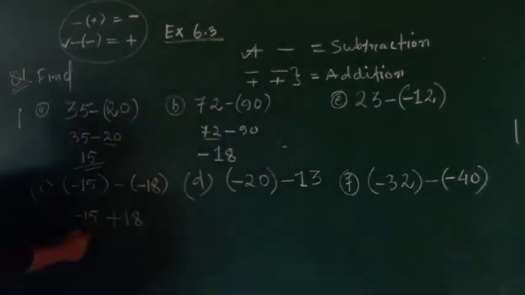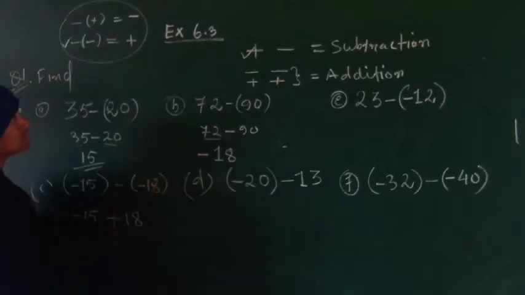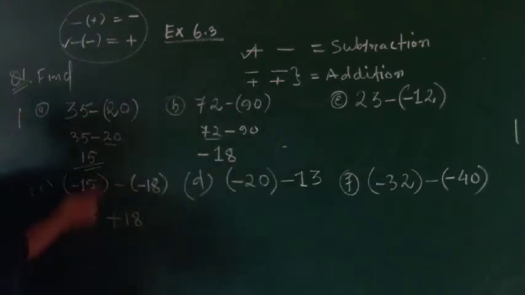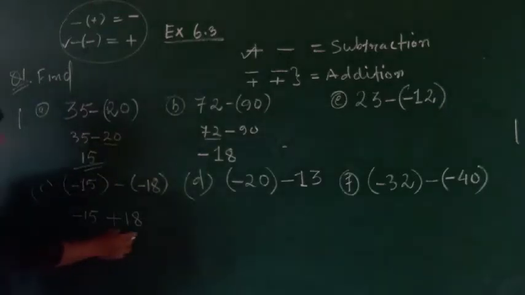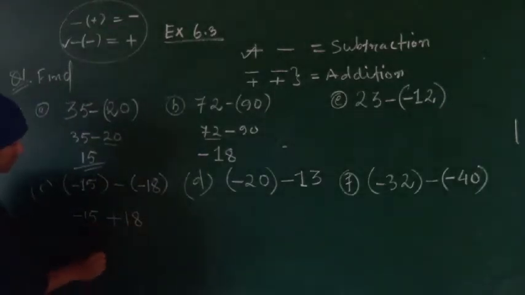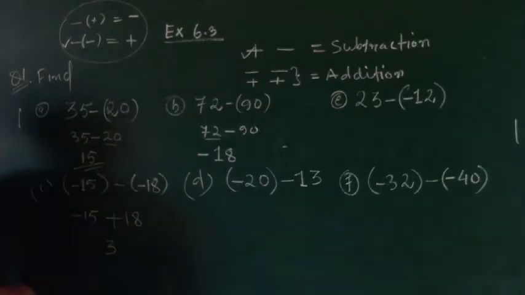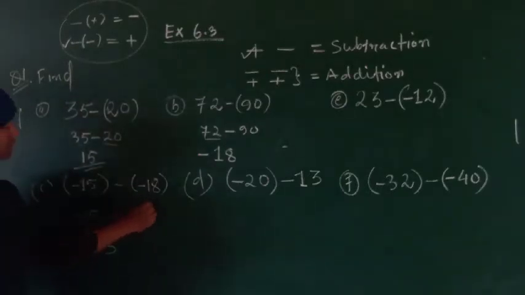So again, if you see, this one is negative, one is positive, and in that case what do we do? Subtraction. One negative, one positive, always we do subtraction. So when you subtract 15 from 18, what will you get here? 3. And the sign, what will it be? Which one is greater? 18 is greater than 15, therefore the sign will be positive. Okay,